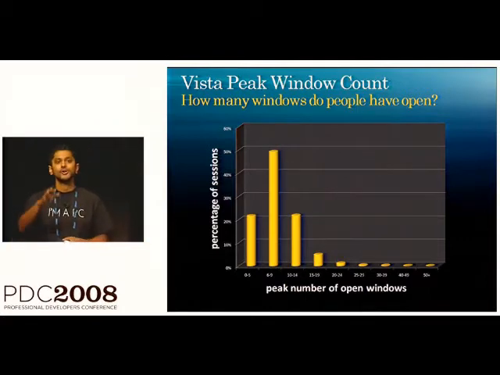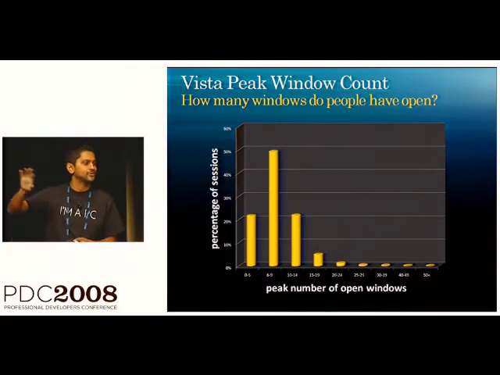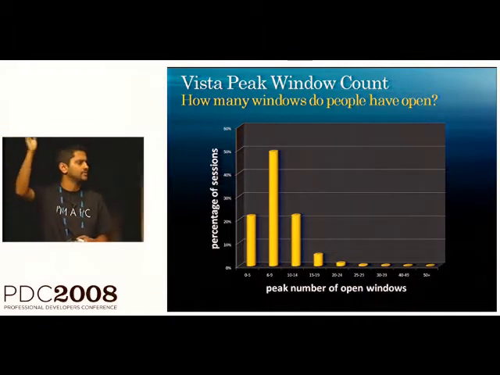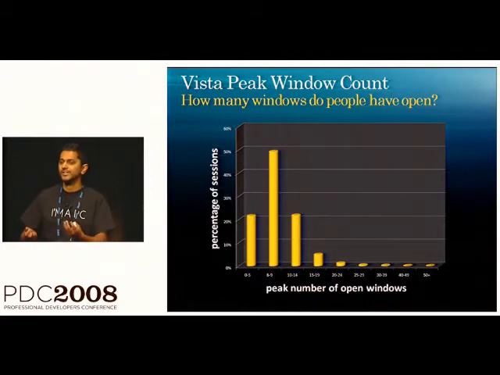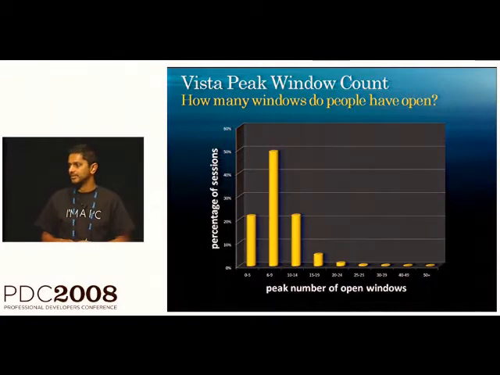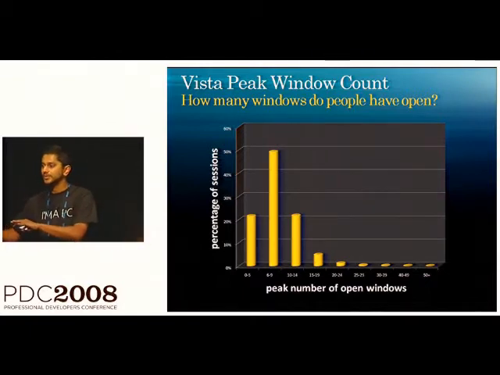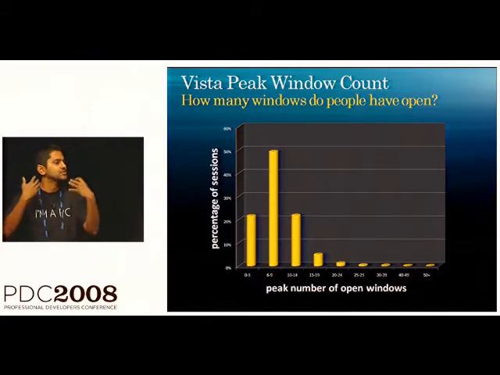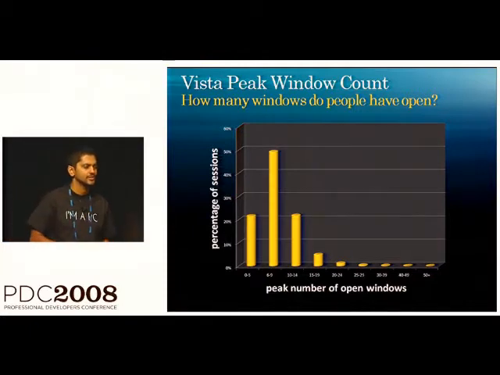90%. Now, I know in this room, you probably are an outlier. You're probably like, no, I have 20 windows, or I have 50. This doesn't mean that we're ignoring you, not by any stretch of the imagination. All it means is when we look at where we're investing, where we want the experience to just shine, we have to nail this 90%. And if we want people to use more windows, we have to take them from this 90% to a larger percent. So we have to make sure we just work well in this case. Seems kind of obvious. But this is very eye-opening data for us.